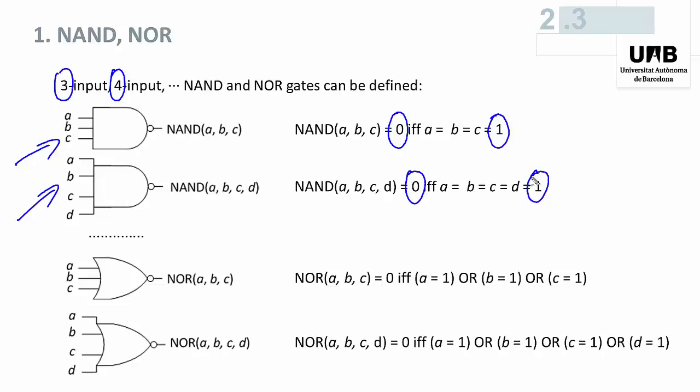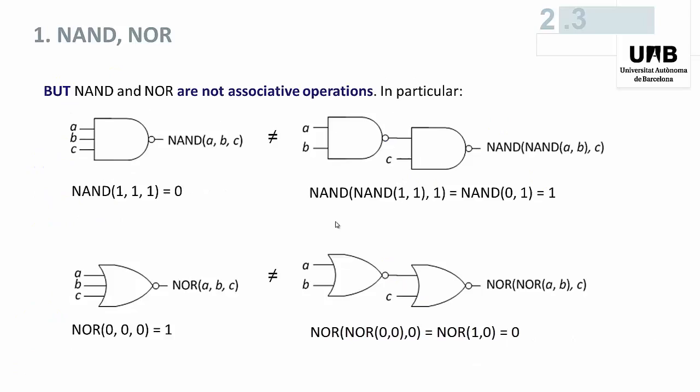As regards the NOR definition, the NOR of A, B, and C is equal to 0 if at least one of the three inputs is equal to 1. If A is equal to 1, or B equal to 1, or C equal to 1. The NOR of A, B, C, and D is equal to 0 if at least one of the four inputs is equal to 1. Nevertheless, and this is very important, the NAND operation is not an